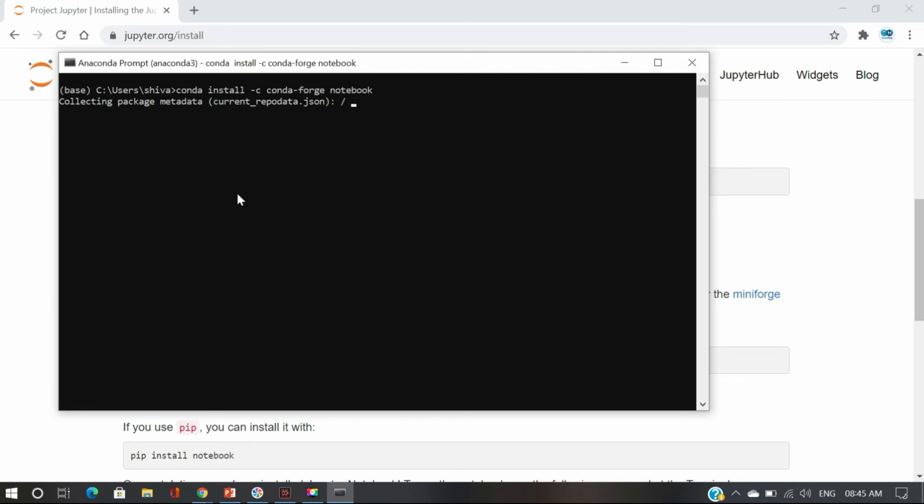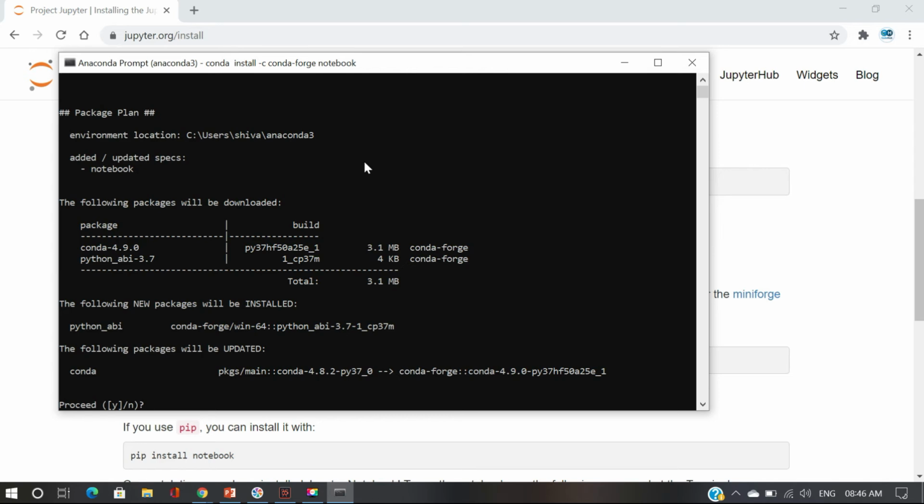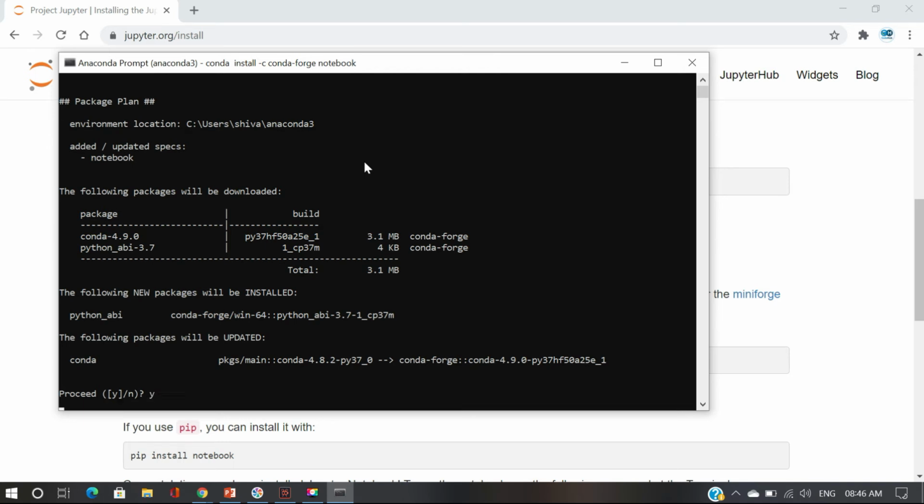Packages should be collected. It may take some time, and then solving environments should be done. Next it gives package values and asks yes or no. I want yes. Click yes and enter.